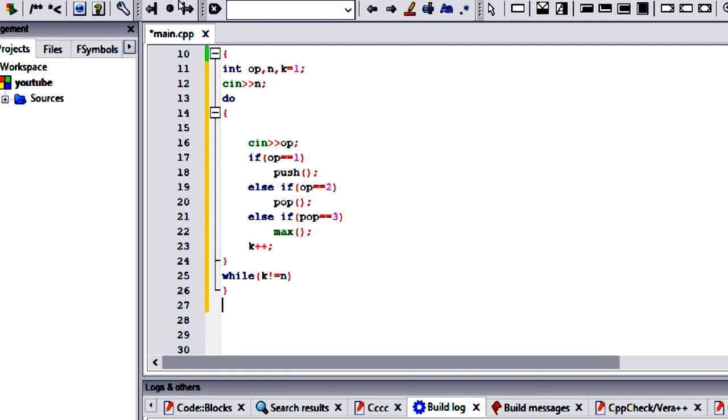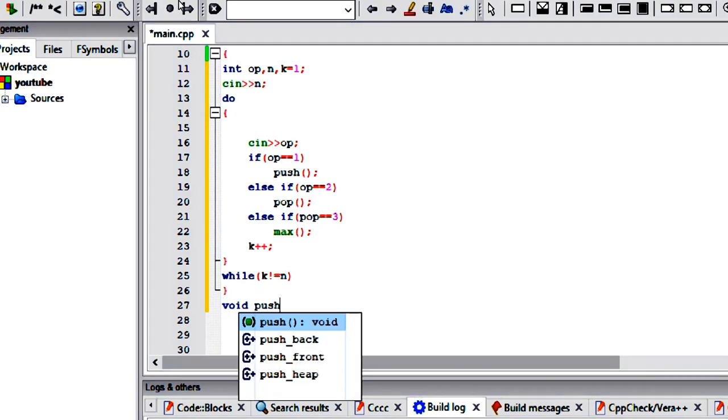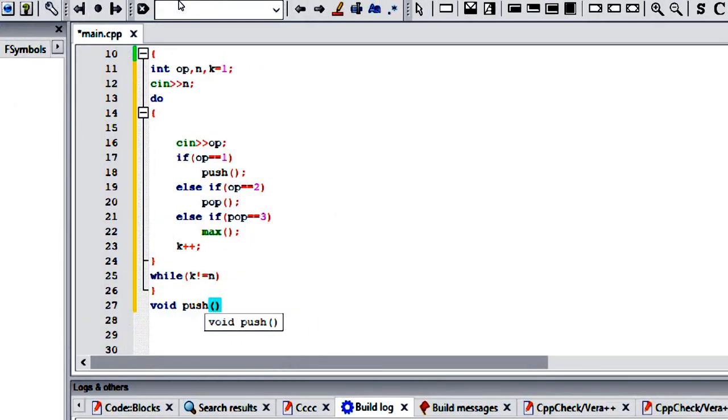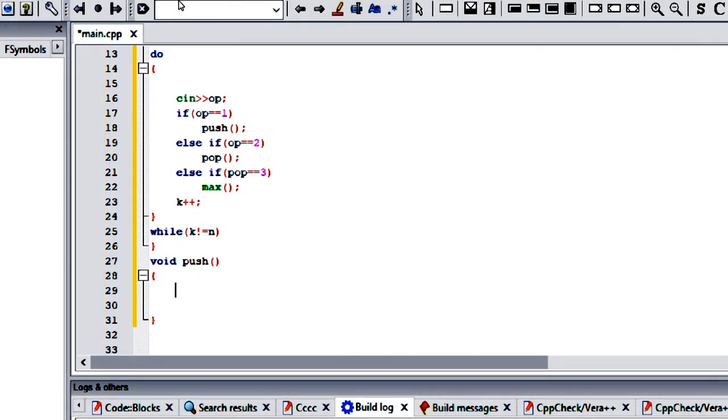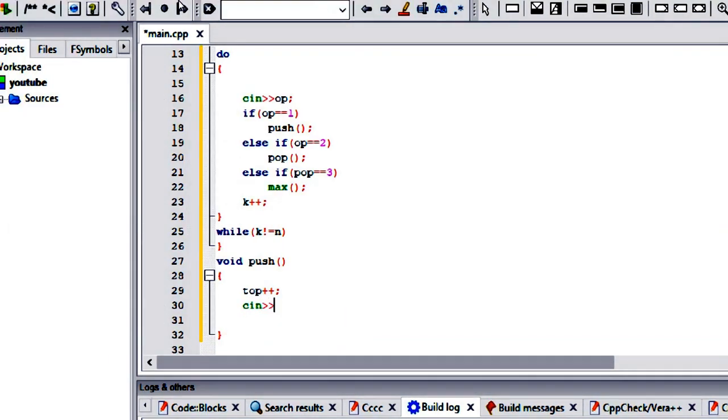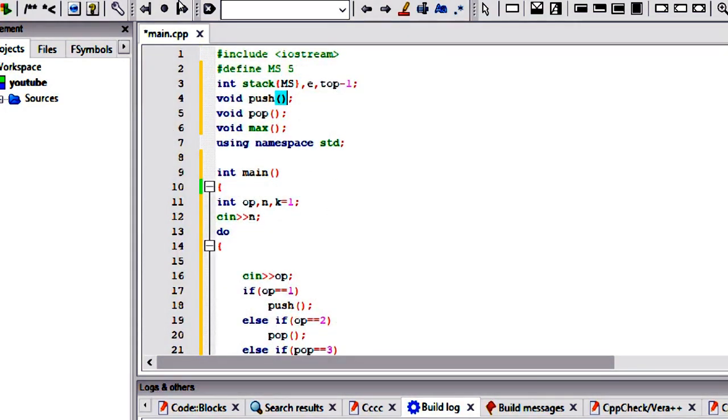For push, void push, let's declare it. top plus plus, and we have to assign the value which we want to store in this stack. So let's take key, because here you can see we are declaring key as a global variable.